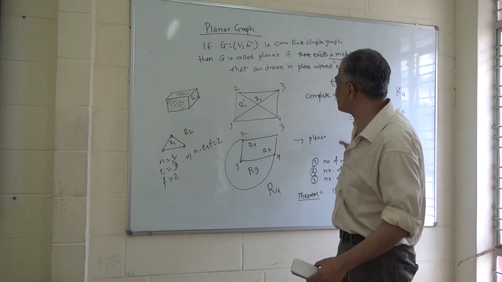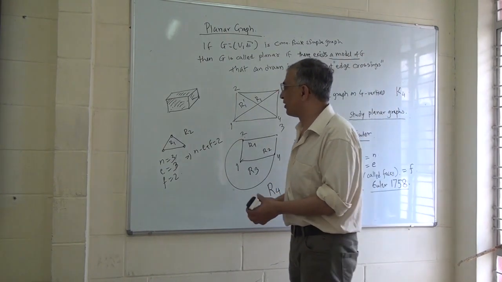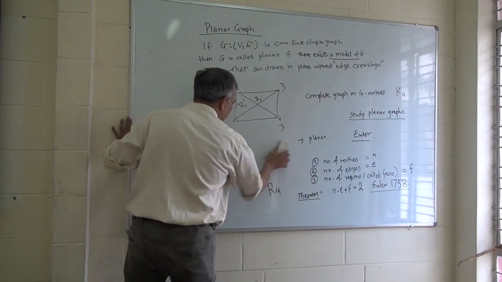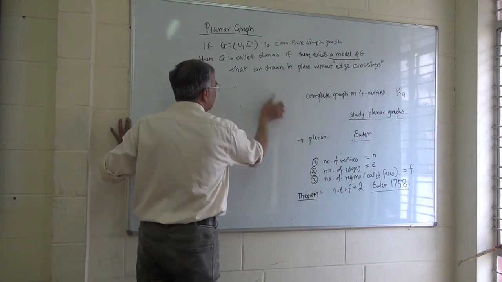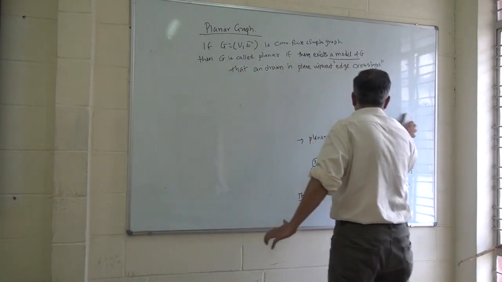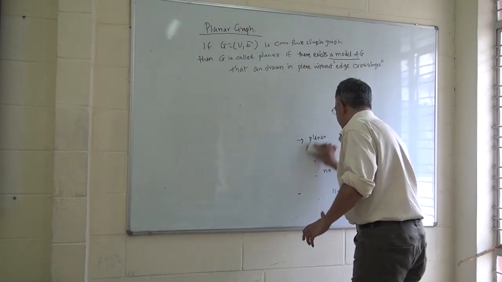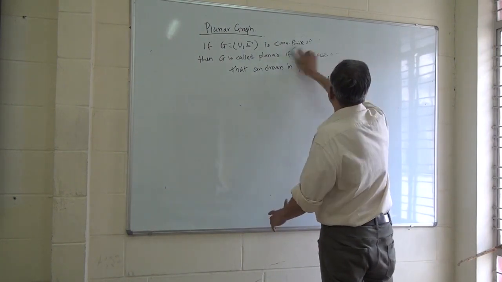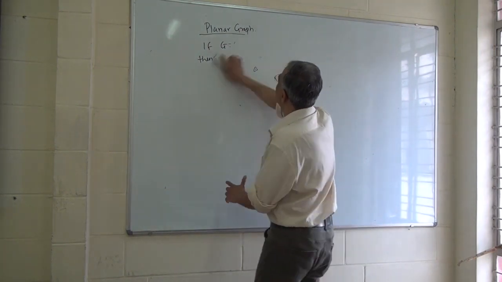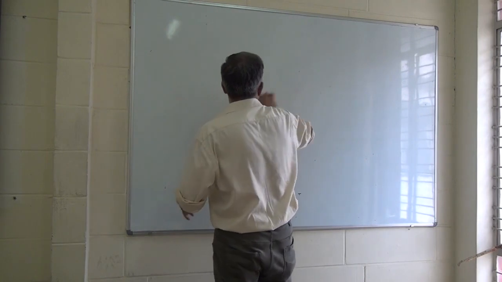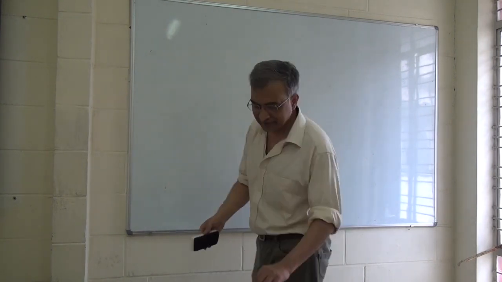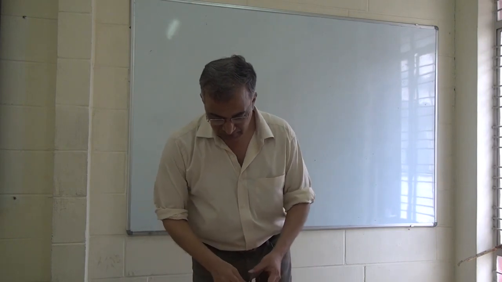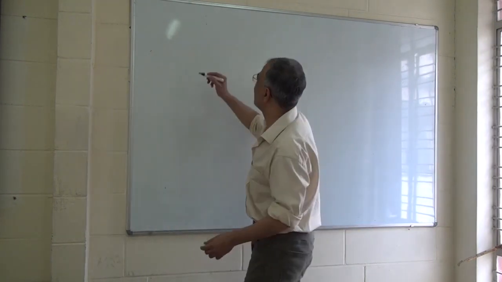And now using this planar thing, we want to classify all Platonic solids. So let us first define what a Platonic solid is. That's a kind of nice application of graph theory that you will see. So then our lecture will be complete. Okay. So first we'll define what is a polytope.